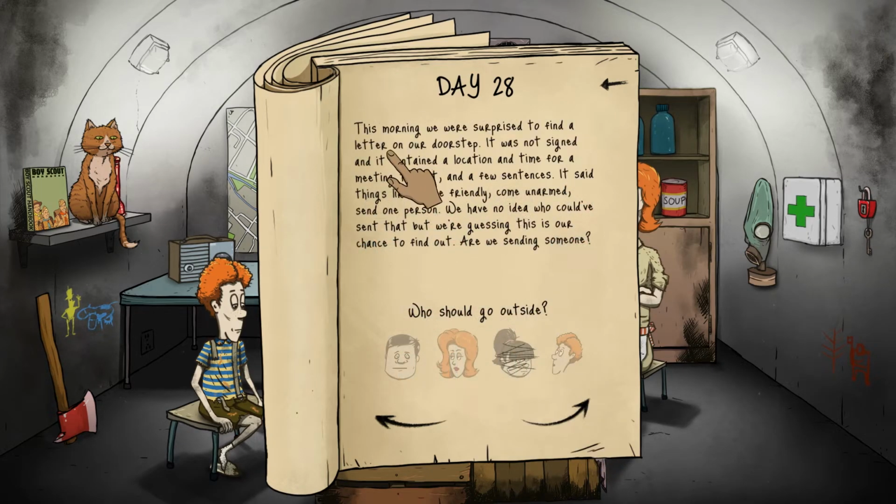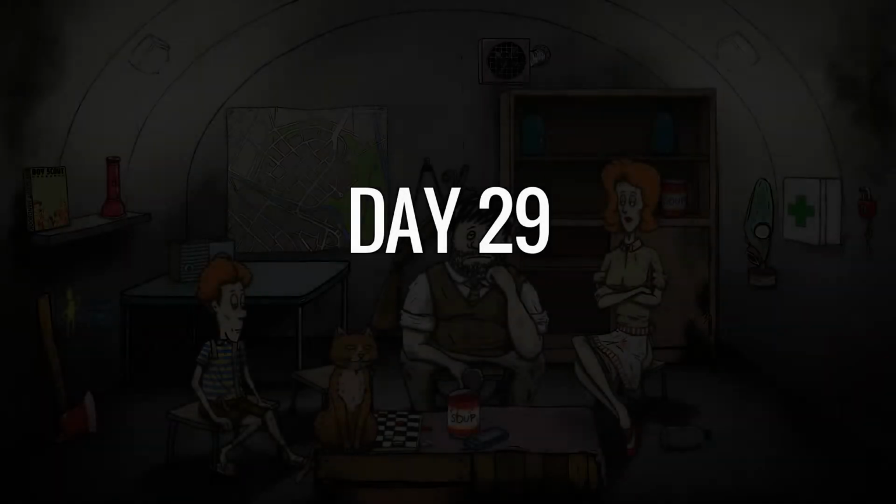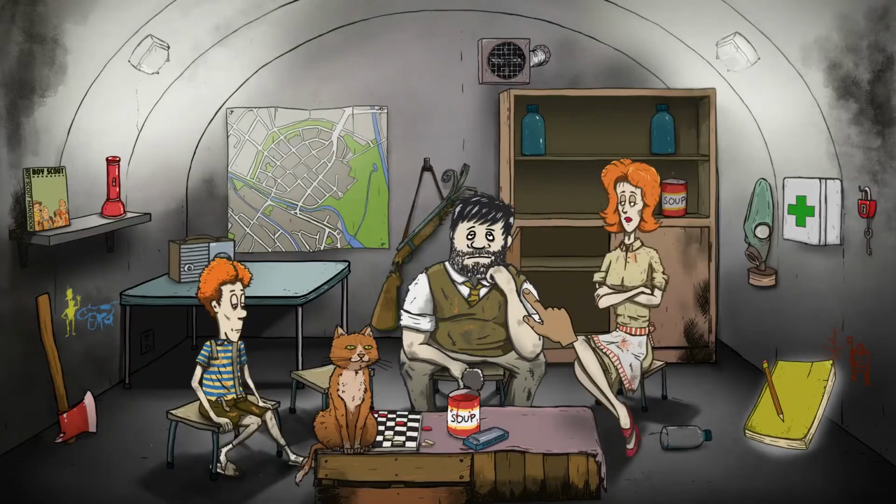There we go. This morning we were surprised to find a letter on our doorstep. It was not signed, and it contained a location and time for a meeting tonight and a few sentences. It said things like, "We're friendly, come unarmed, send 1 person. We have no idea who could have sent that, but we're guessing this is our chance to find out. Are we sending someone? Damn it. We'll send Ted. Alright, well, he's not dead, so...